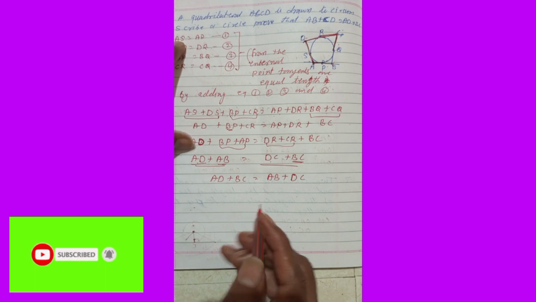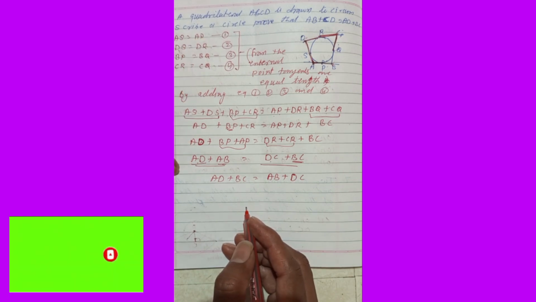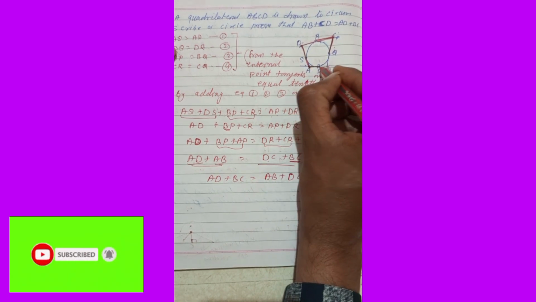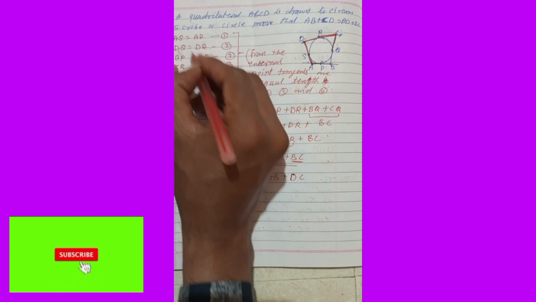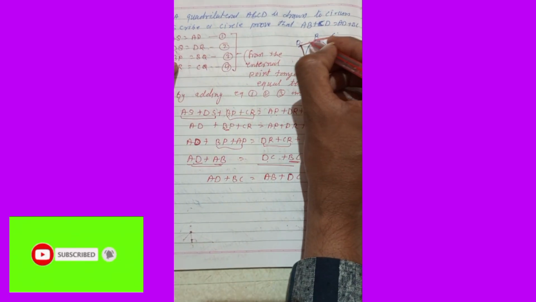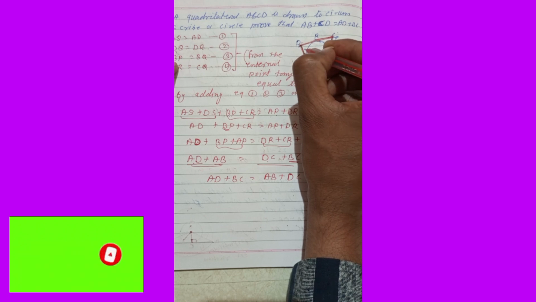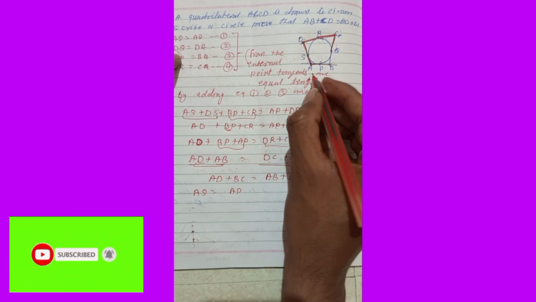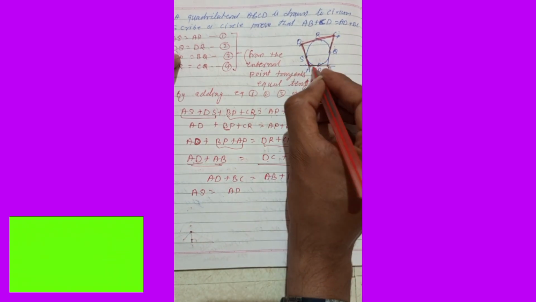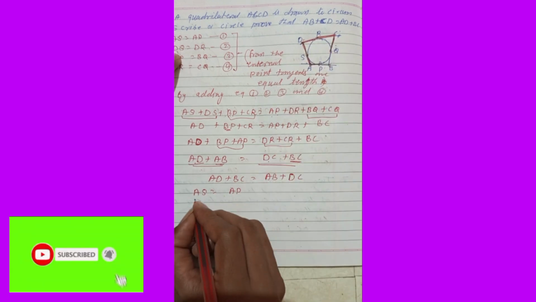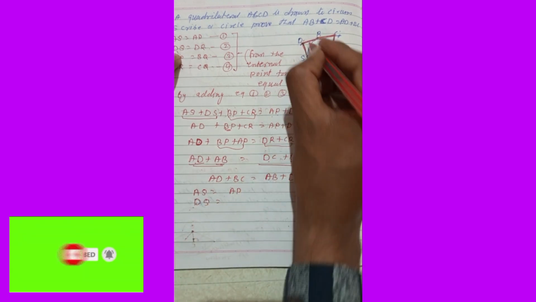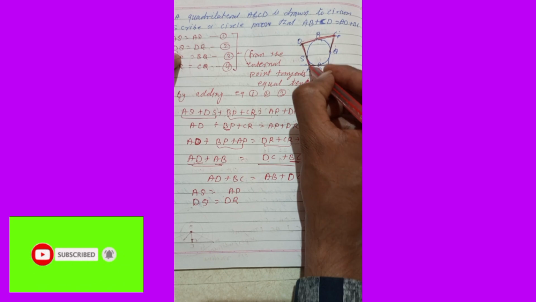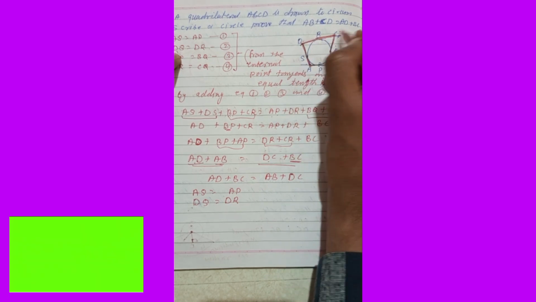We are writing this way, this one writing. So first let us write AS and AP on one side. From here AS and AP. Then the opposite direction, writing the D side, DR and DS. Let us just write. AS is equal to AP. Then we can write this one, AS is equal to AP. Then DS plus DR is equal to DR. Then we got AD. AD we got.